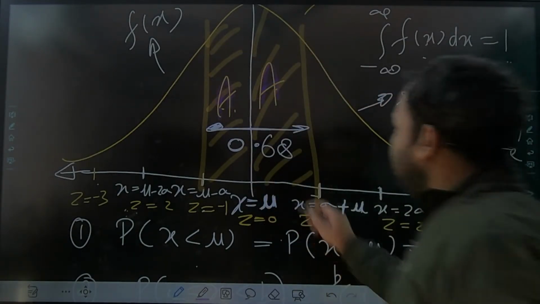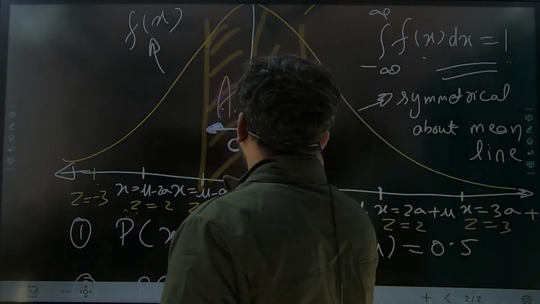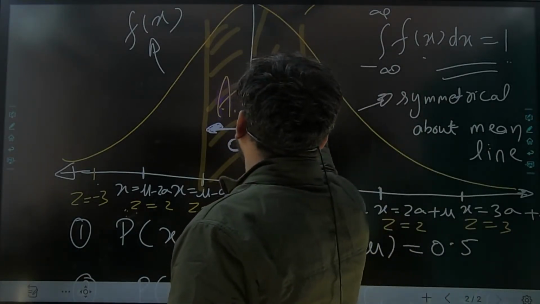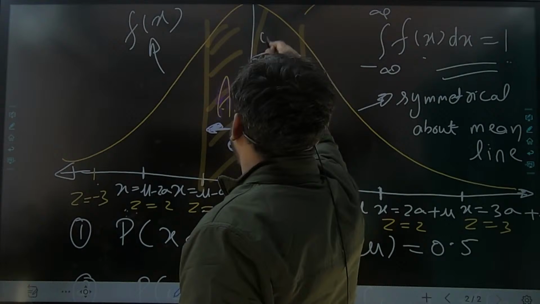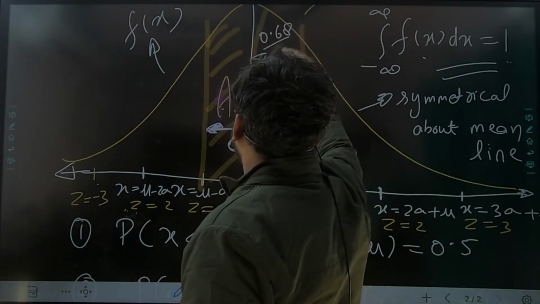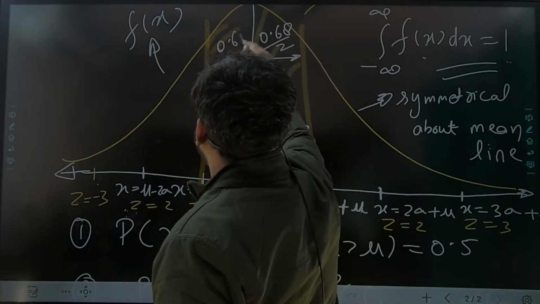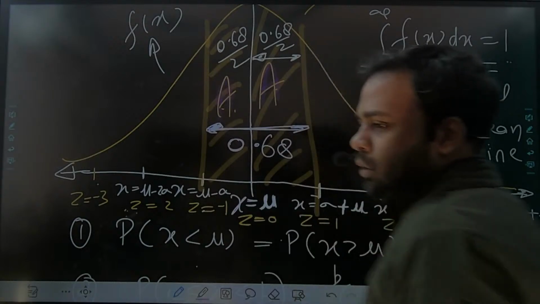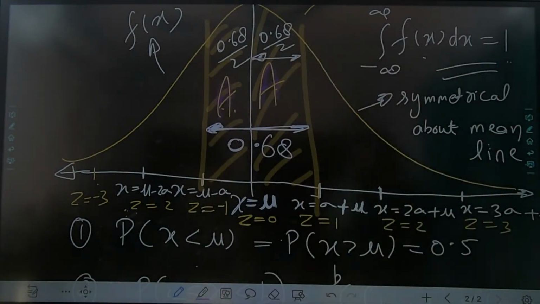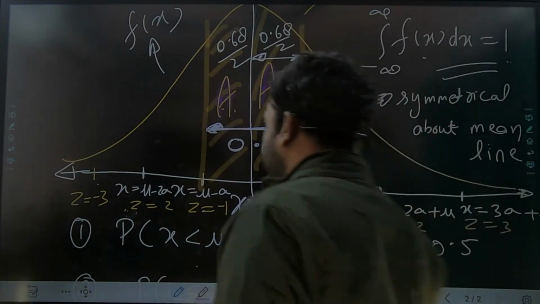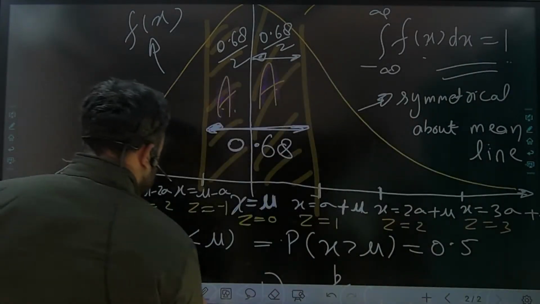Now, if this much is total 0.68, then how much is this portion? It is 0.68 divided by 2. This much is also 0.68 divided by 2, right? 0.34, because equal area is shared about this axis. Similarly, if you take this,